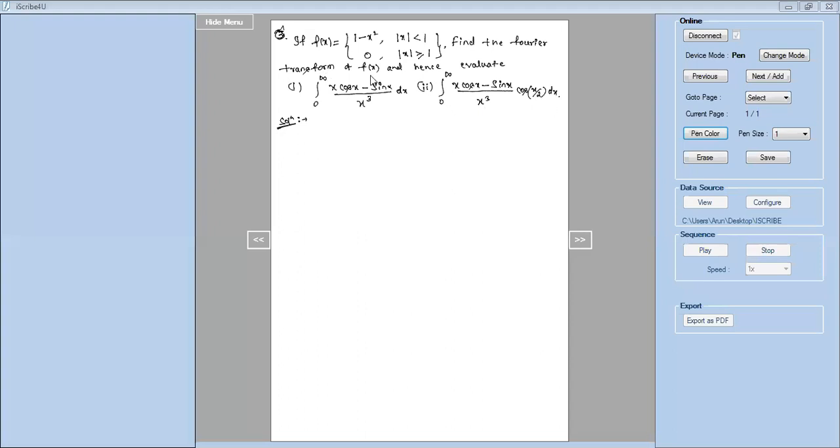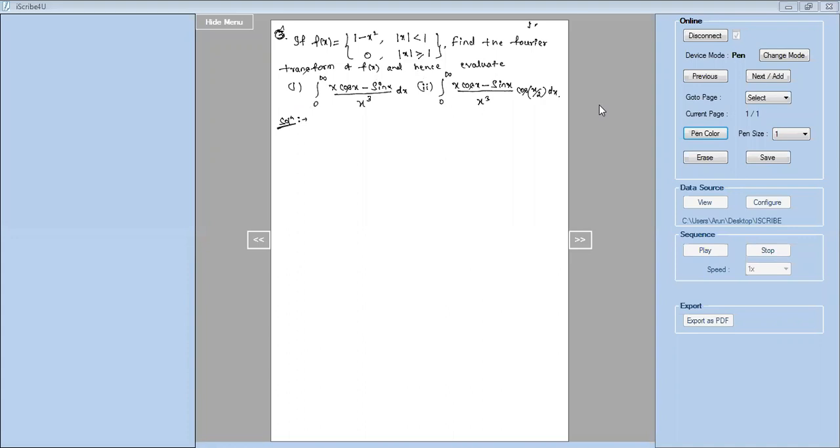So this is one of the very important problems in Fourier transformation, repeated many times in the annual examination. I just put a star mark for this problem. So this is a very important one. So keep it in your mind because this problem was repeated many times in the annual examination. So let us see how to solve.